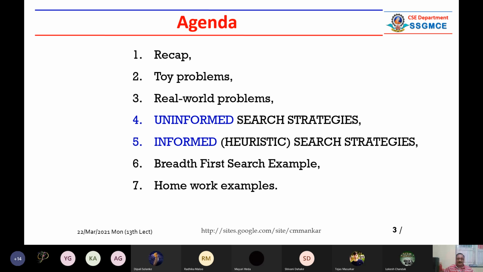So today's agenda is very simple. I will be repeating some toy problems or examples, then real world examples which are used particularly in unit 2. And there are 2 categories: uninformed search algorithms, and informed search, that is called a heuristic. We shall talk about heuristic later. Heuristic means something like intuition in your mind or somewhere, sometimes in your heart. Sometimes we don't think, but we know what to do.